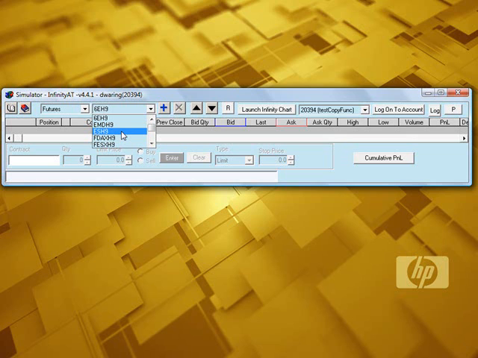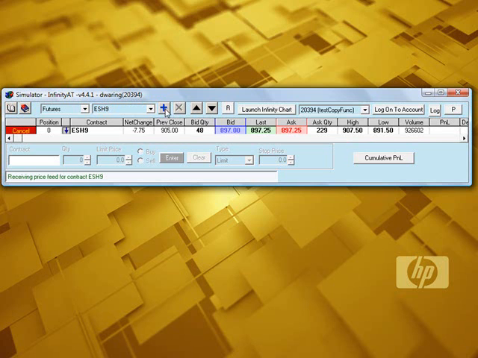If you're watching the video at a later date, the demo platform will automatically update with the active contract month when the time comes. So the main thing is that you select ES there. Okay? And then once you've selected that from the drop-down menu, you're going to want to click the blue plus sign. And as you can see here, that's going to add the quote for the March 2009 E-mini S&P 500